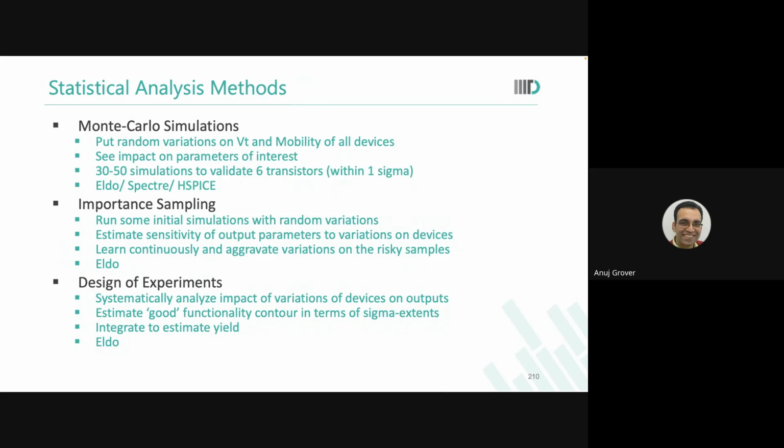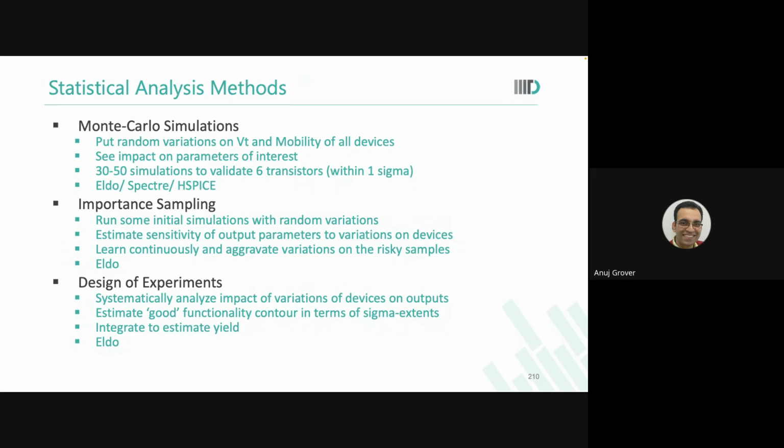Essentially identifying the sensitivity of my output parameter to these input variations. Are you with me? And then once you've done that, you say, okay, now since my output is dependent on these 10 variables with different intensity, I will put a different weight on variations of pull down, a different weight of variations on pass gate, a different weight of variations on pull up, and so on, and then give you one vector